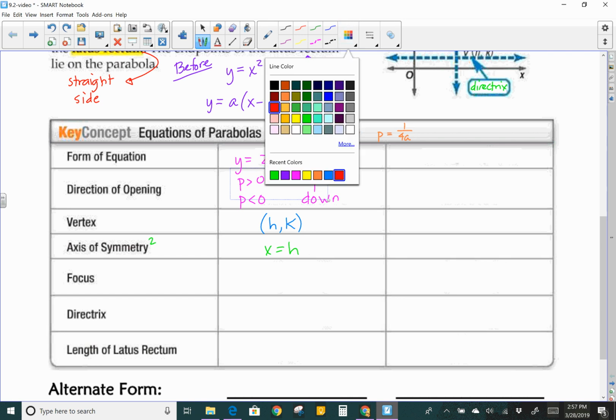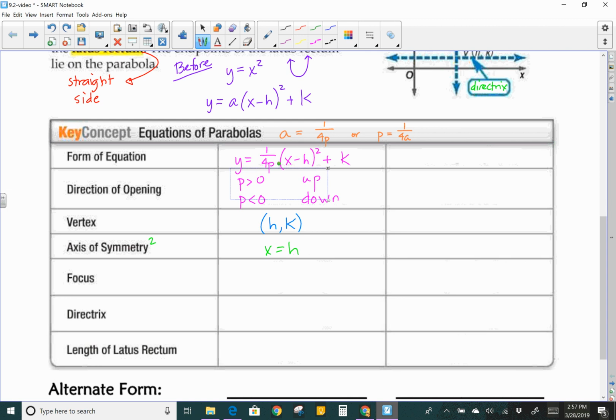Okay, then we have our focus. Now, what is important to remember about the focus, it is always inside. Why does it do that? Always inside the curve. Okay, the other thing is what you've got to remember, and this is what may be a little bit new,